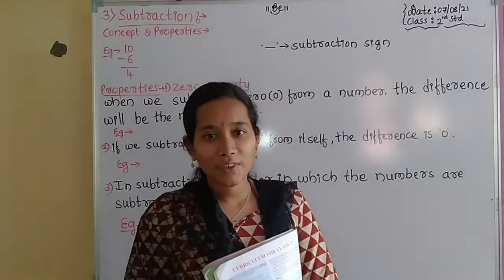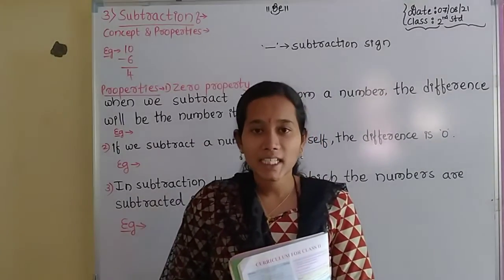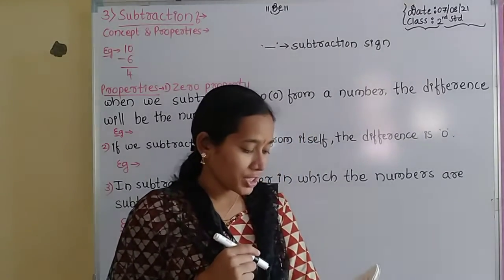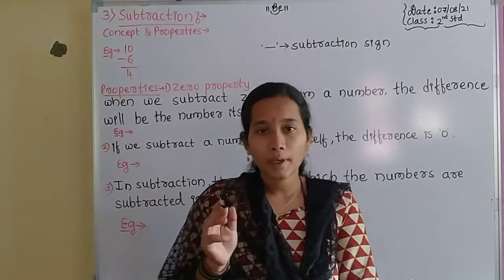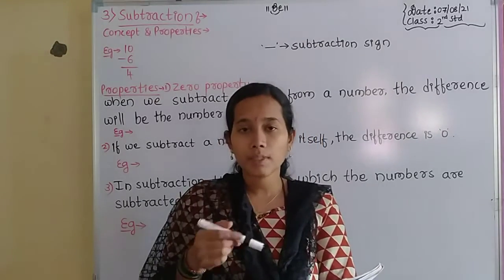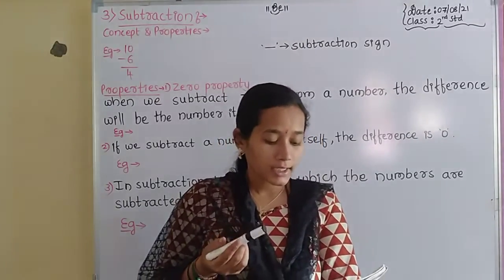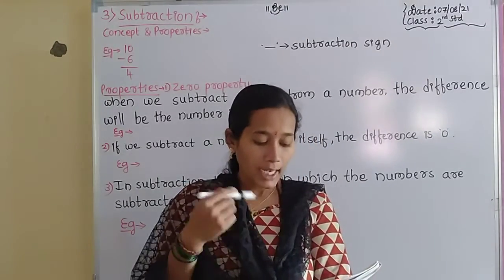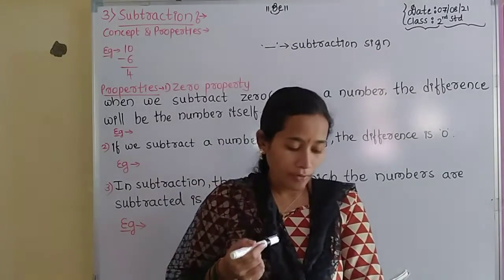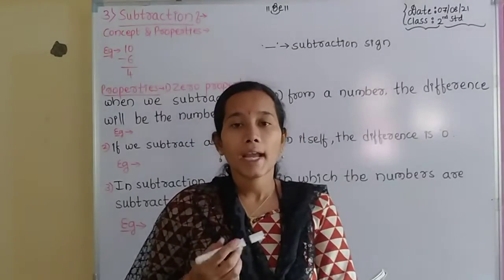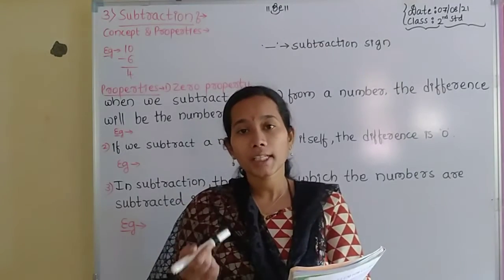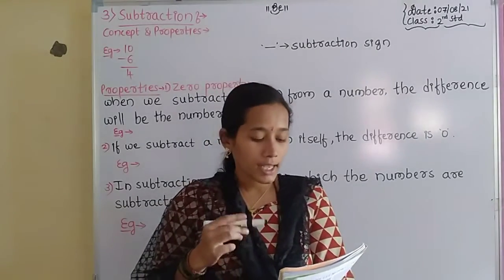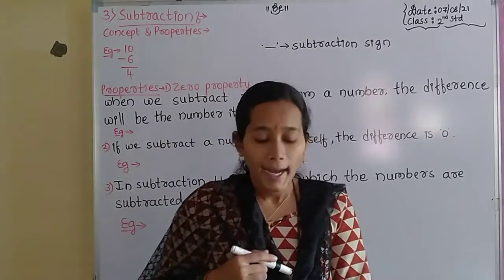Students, in the previous class we finished our second chapter, addition. Today we revise the main topics of addition: the concept and the properties. We learned the concept first, then terms, then the properties of addition. Next, the different methods of addition: forward counting, on the number line, and abacus. And lastly we solved some examples on adding two-digit numbers with regrouping and without regrouping, and lastly the story problems. These are the brief introduction about addition.